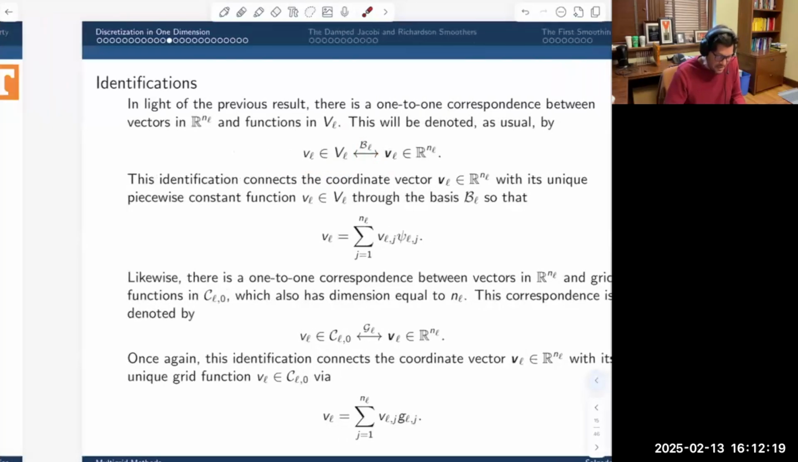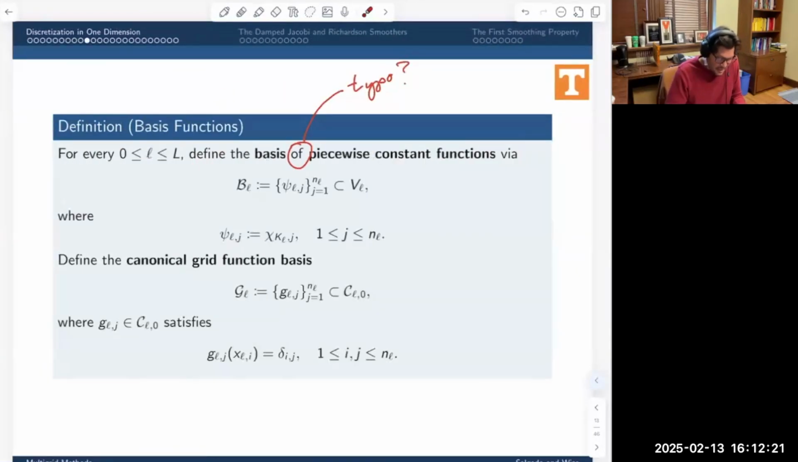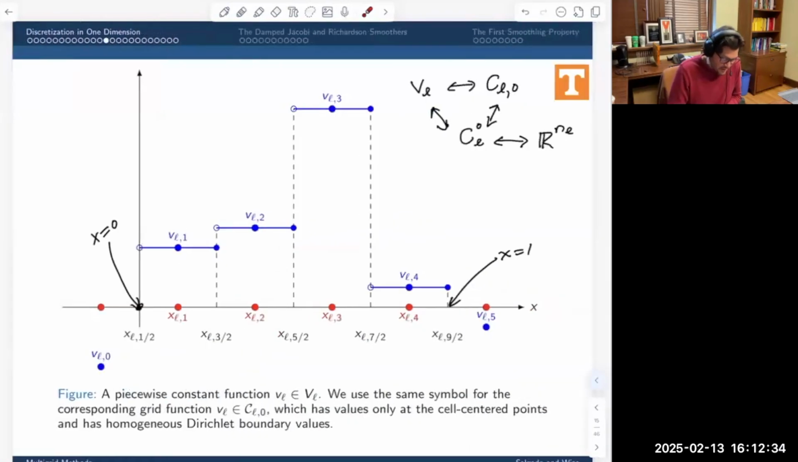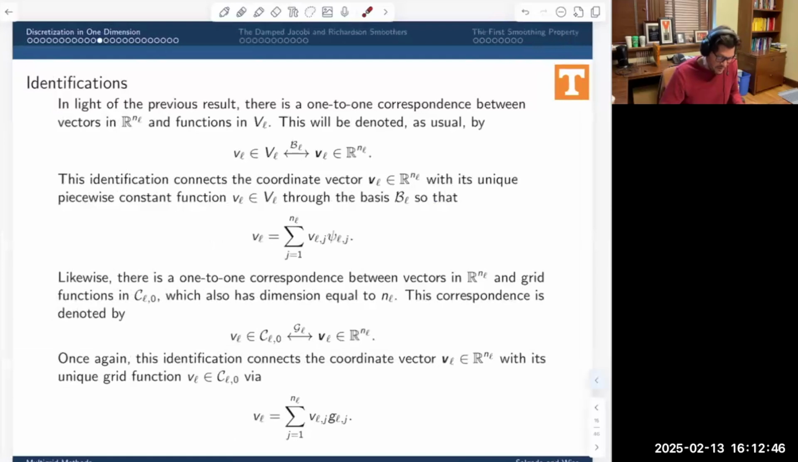Remember what the basis B_L was? Basis B_L was the set of piecewise constant functions that were basically characteristic functions on each one of the individual grid cells. So for example, one of the piecewise constant functions might be like this. Okay, it's 0, and then it's equal to 1, and then it's equal to 0 again. Okay, so I have 4 of those individual basis functions, and those 4 individual basis functions comprise this basis called